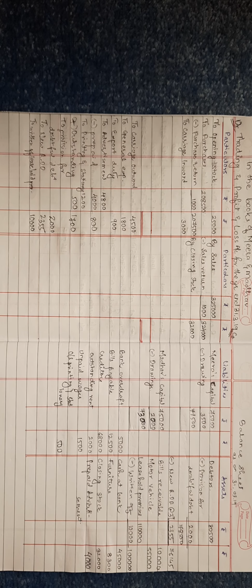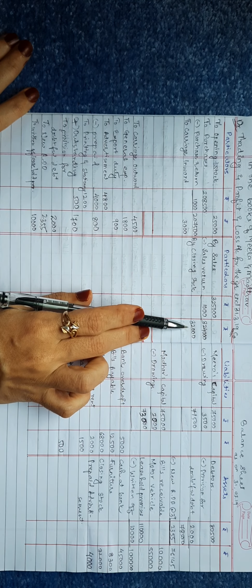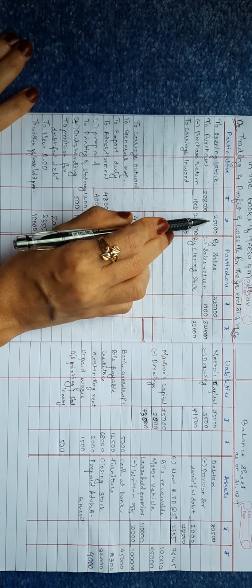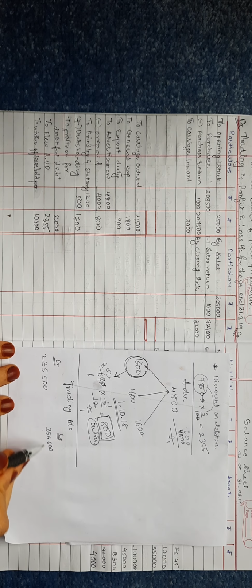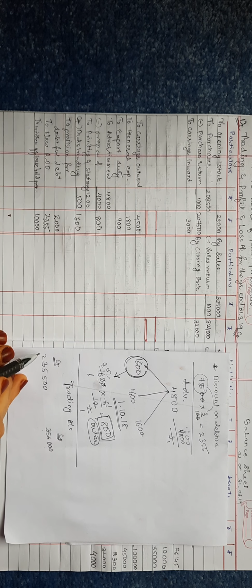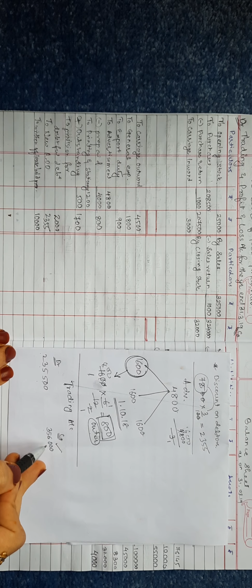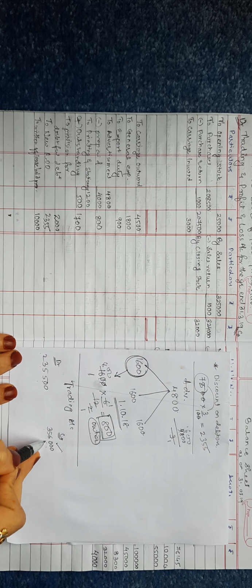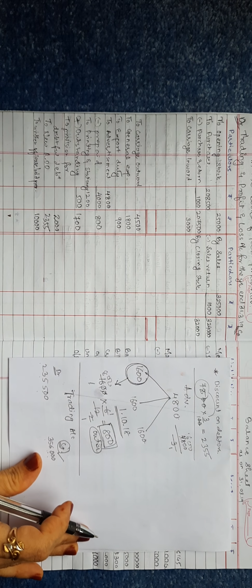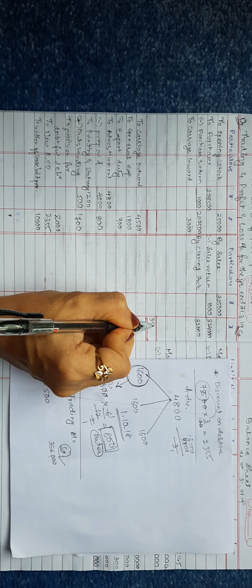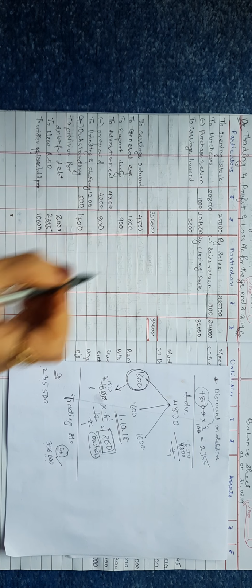Now we'll go for the closings of accounts. First we'll go for the trading account. We will consider the outer columns only. Take the total of credit side and the total of debit side. The total of credit side is 3,56,000 and the total of debit side is 2,35,500. Which is the greater one? Yes, the credit side is greater. So the greater total will be written to this side. We'll write to the credit side's closing box 3,56,000. The same is transferred to the opposite side, 3,56,000.